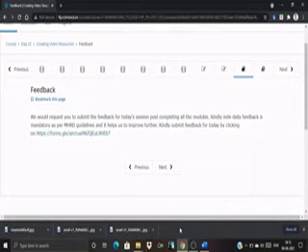Today we'll be looking at how to fill Google Forms. You must be attending lots of webinars or online classes. After the class or webinar, they must be asking you to fill a feedback form, right? So today I'll be looking into how to fill feedback forms in Google Forms. For that, you must be having a link to that.